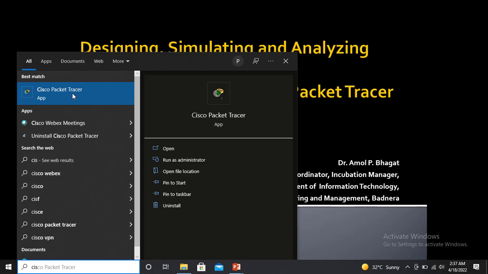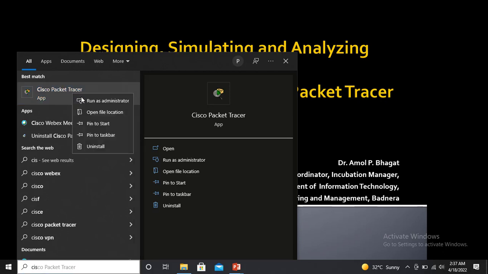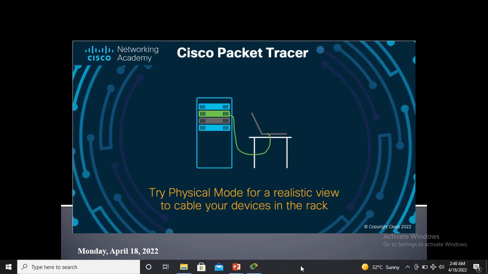So here you will find the Cisco Packet Tracer. You can right click on it and run as administrator. Again it will ask you for permissions. You should click on yes, and it will take certain time to get started, as Cisco Packet Tracer builds the initial environment as well as the workspace for you for designing your